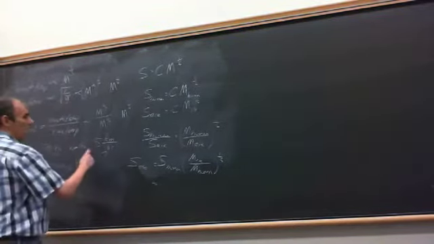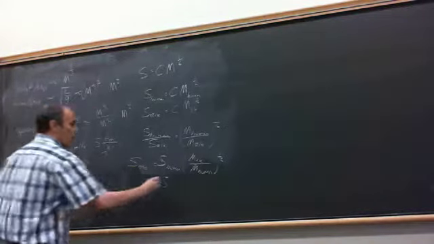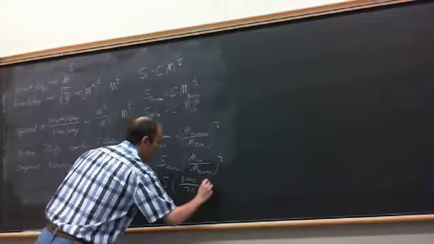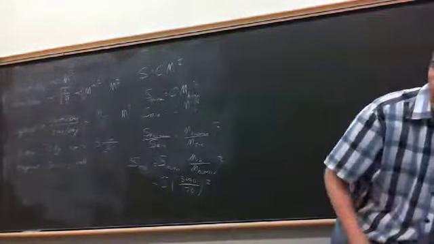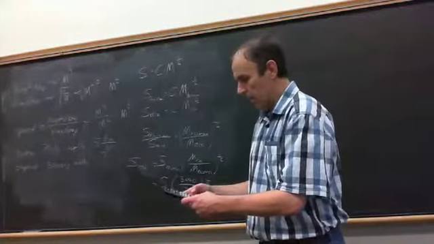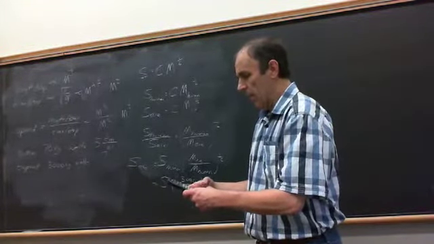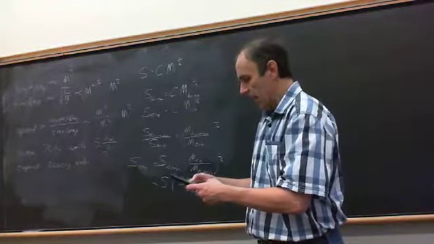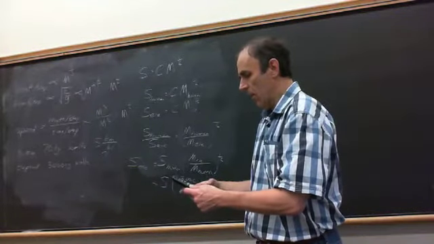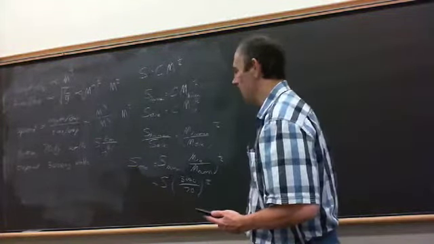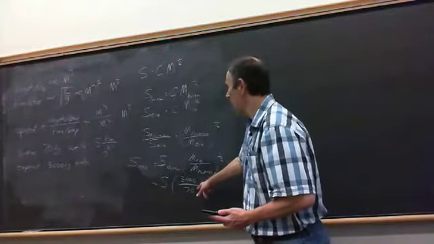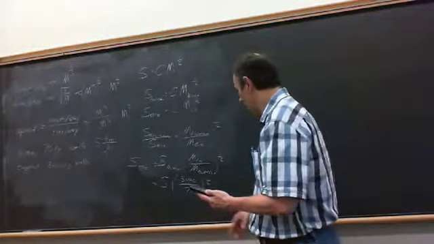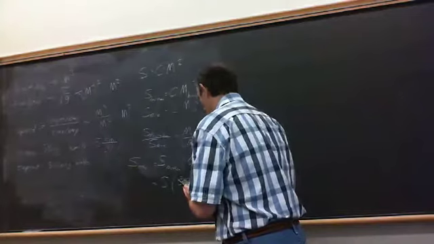So the human walked 5 kilometers per hour. Mass of the elephant was 3,000. Mass of the human was 70, to the 1/6. You can immediately solve it. And 3,000 divided by 70 means that the elephant is 42.8 times as massive, but if I raise that to the 1/6 power, it means it's only 1.87 times as fast. Because basically, speed increases with mass, but pretty slowly. Times 5, which is what the human does, and the elephant goes at about 9.4